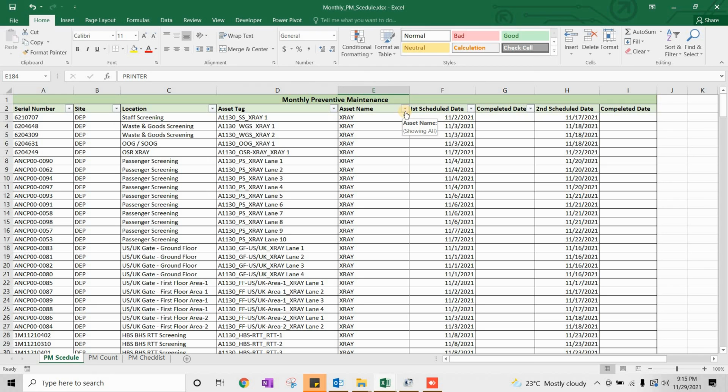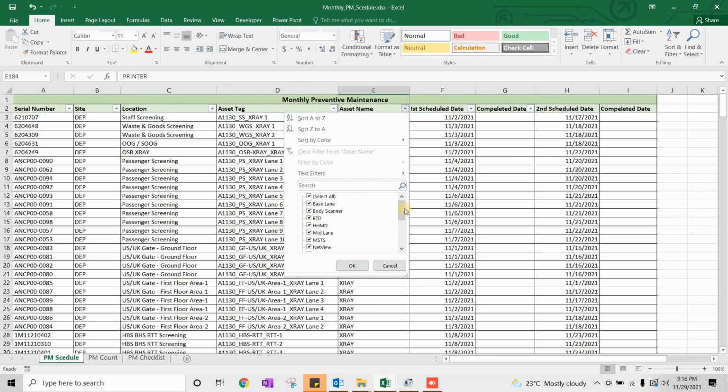Then after that we have ETD. For ETD, 1 hour is the duration. The generic duration for PM is 1 hour for ETD. Then body scanner, the same 1 hour will be there. For walkthrough metal detectors, we have half an hour, 30 minutes of PM. For workstations in OSR, we have 30 minutes for PM as well. So I think that includes all the units. For server and other TMAS and other things, they are also half an hour PM.